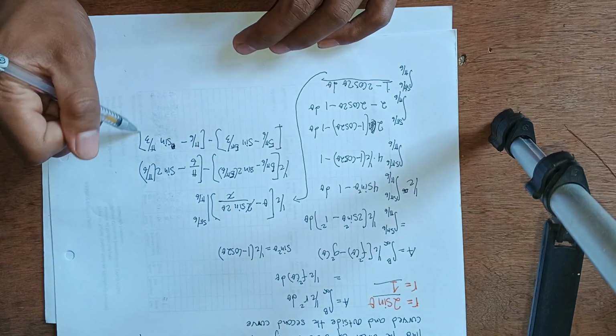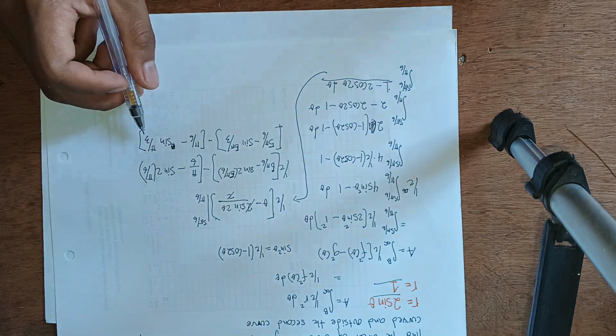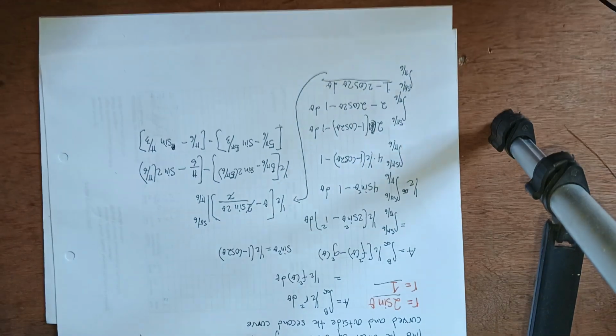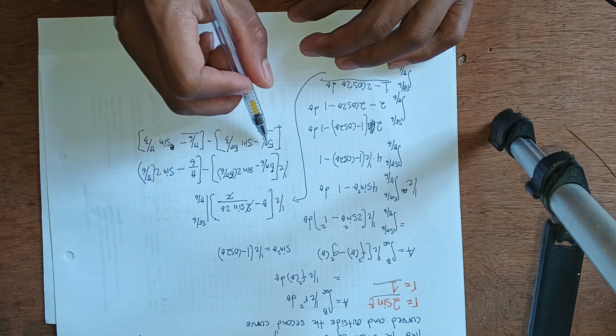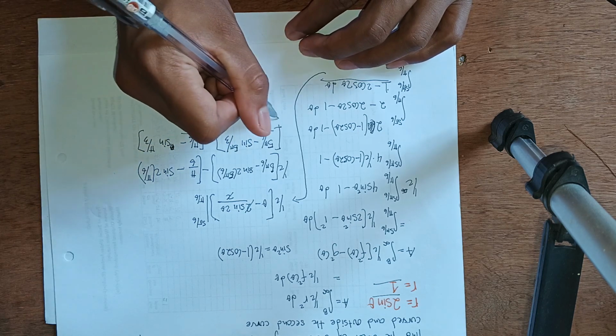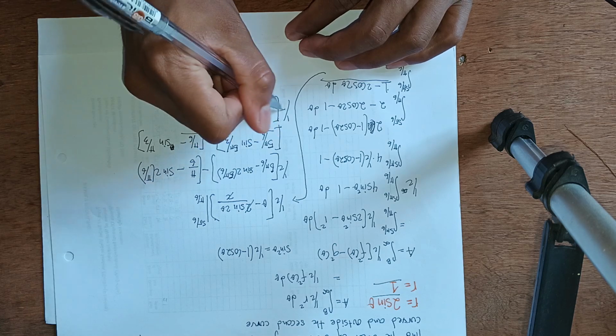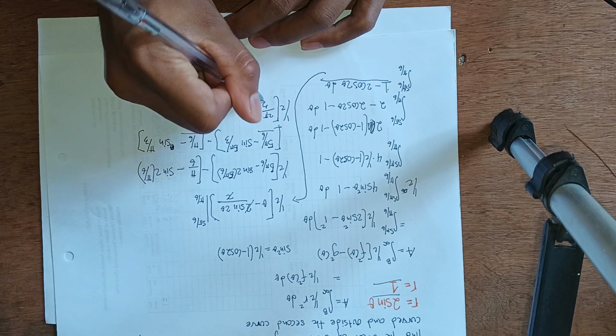So again, if we combine this term here, 5 pi over 6 minus pi over 6, we get 2 pi over 3